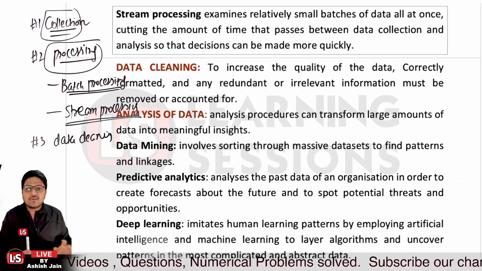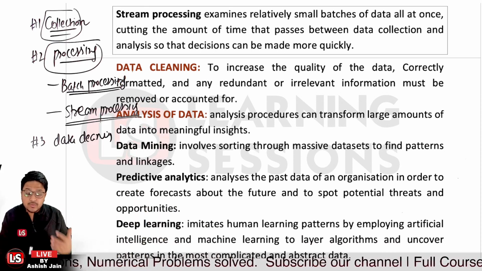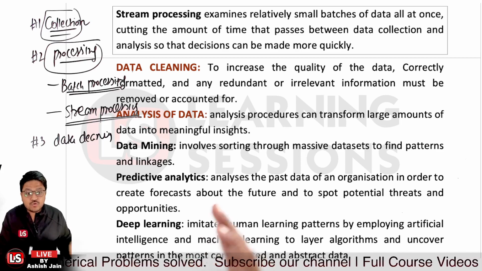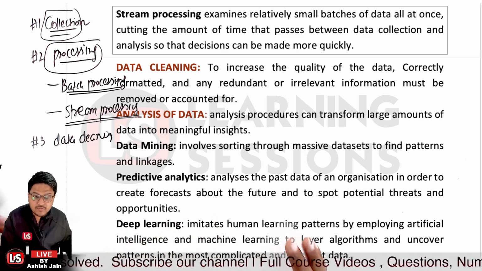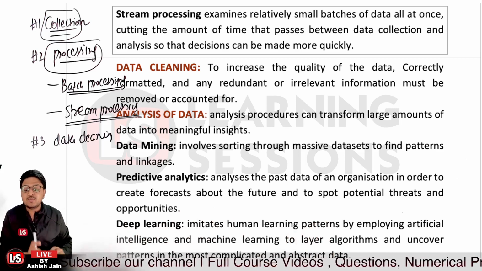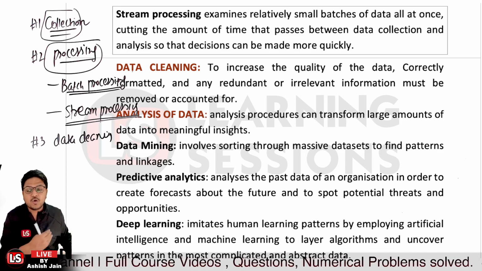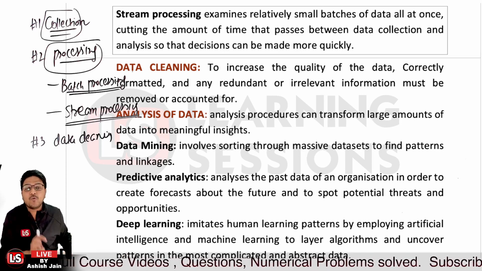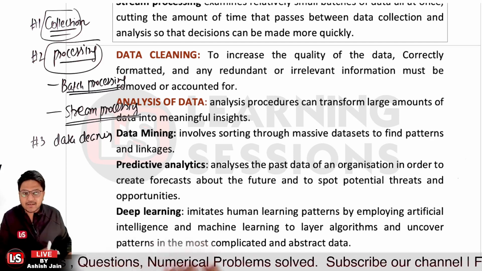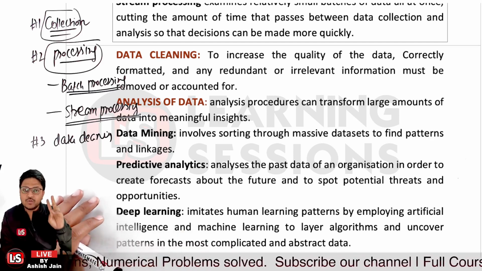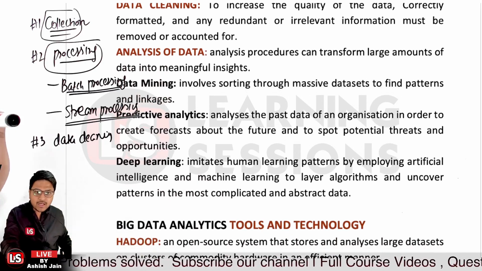Now, deep learning is actually related to what? You use machine learning to make your machine intelligent, so that it acts like a human and follows human learning patterns. You'll be using machine learning and artificial intelligence, and a layer of algorithms, to find the most complicated patterns so as to extract the data. So in data cleaning, you use data mining, predictive analysis and deep learning,